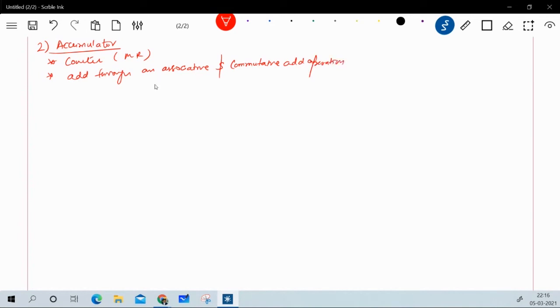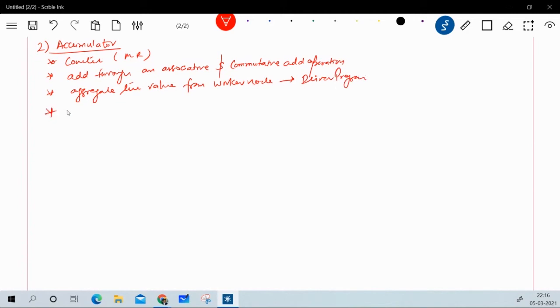It needs this associativity as well as the commutative add operations, and this accumulator provides a very simple syntax for aggregating values from the worker node to the driver program. So it actually aggregates the value from the worker node and then provides it to the driver program.